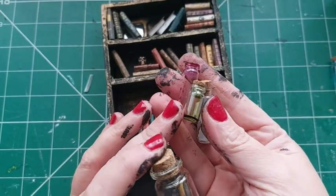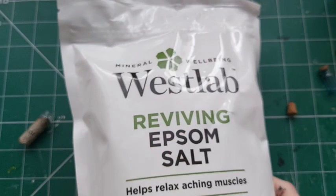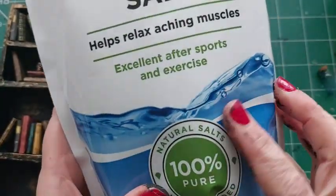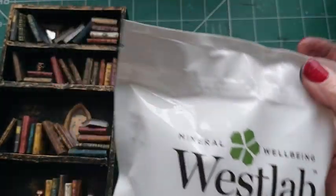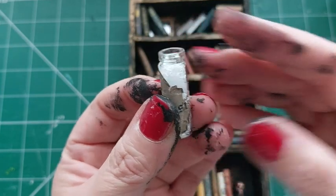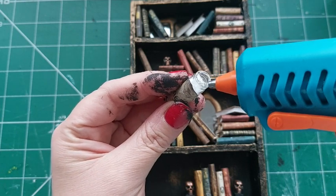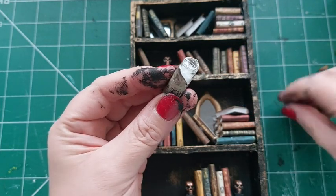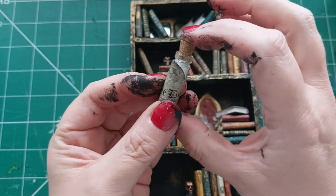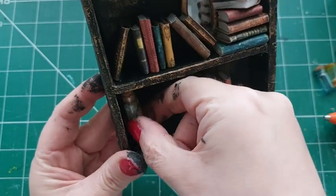It was at this point I thought those bottles were way too big, so I decided to swap them out for some tiny teeny ones. I'm going to fill them with some Epsom salts. It says excellent for use after exercise, and clearly I've never opened the bag, so there you go. I only ended up filling one because the others were actually glued shut from the previous project, but this one was the only one I managed to get the lid off, and I just hot glue it down onto the